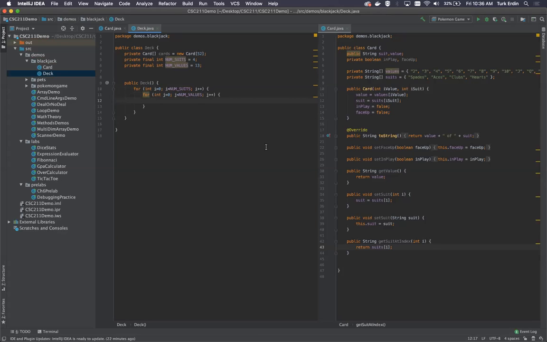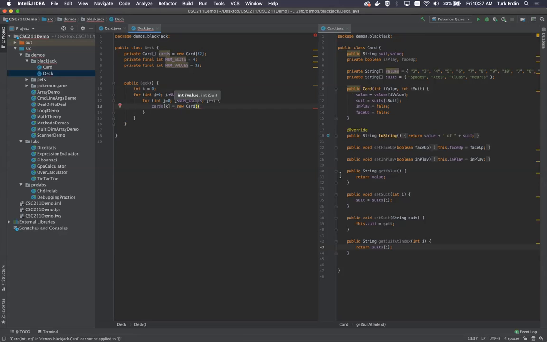And what we also need to do is, how do we do this? 0 times 1, that's 0 times. No, it won't work. Int, I'm just going to call this k. I'll call this k is equal to 0. And what I'm going to do is cards at k is equal to new card